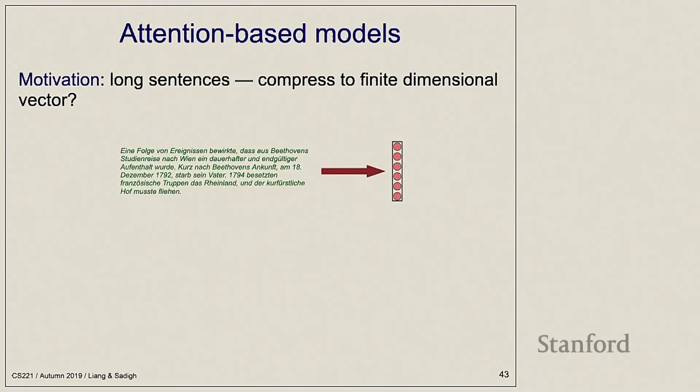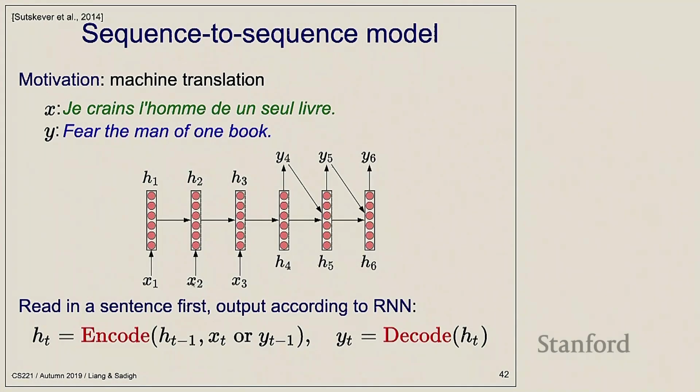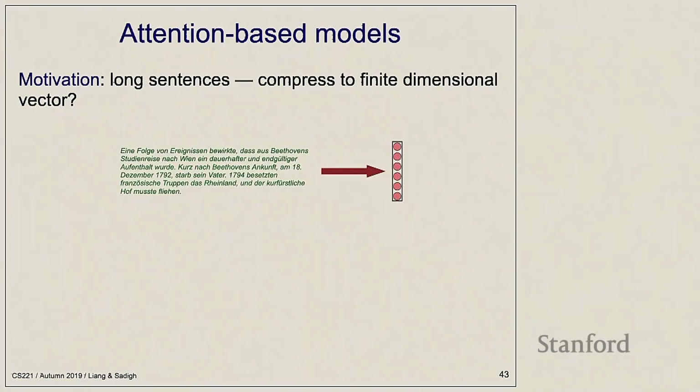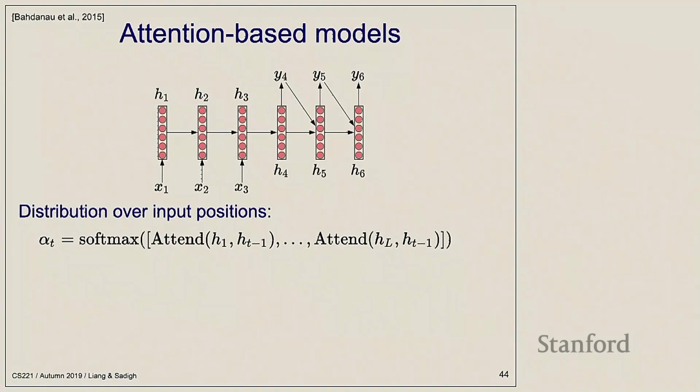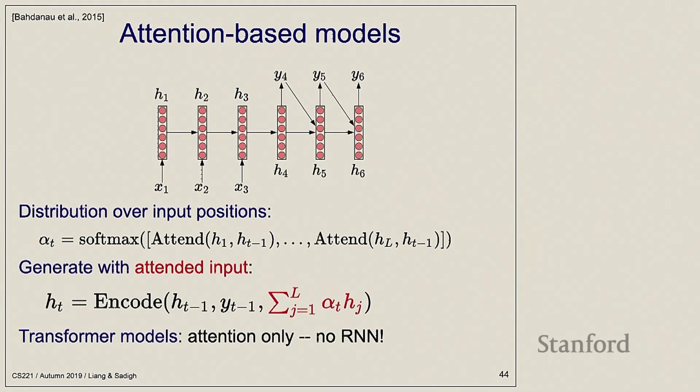And more recently, there are these attention-based models, which are very helpful in the case where there are long sequences. So if you look back here, x1, x2, x3 are all getting compressed into a single vector. Well, if you have a really long paragraph, maybe it's hard to shove that into your 200-dimensional vector. It's hard to capture the depth of all that language with just a bunch of numbers. And so the idea behind attention is to look back. So the way attention works